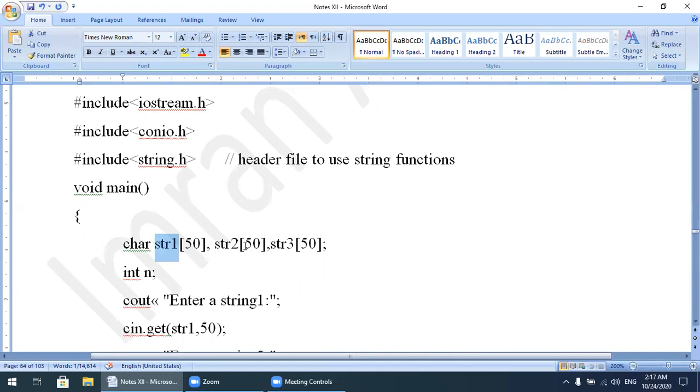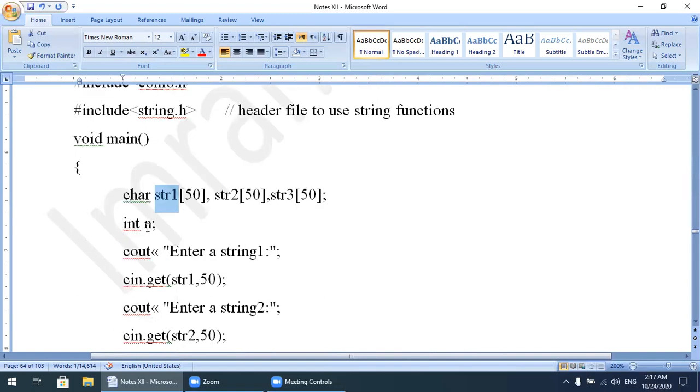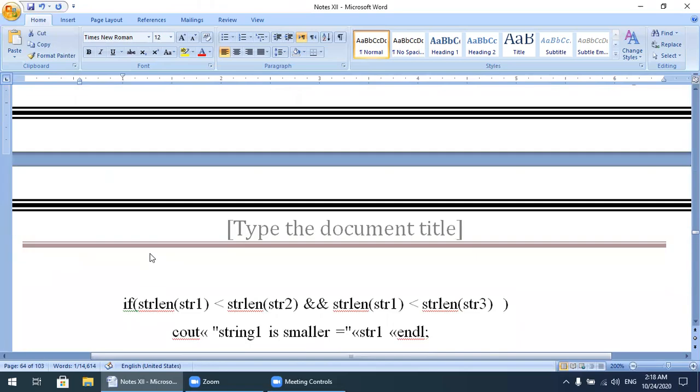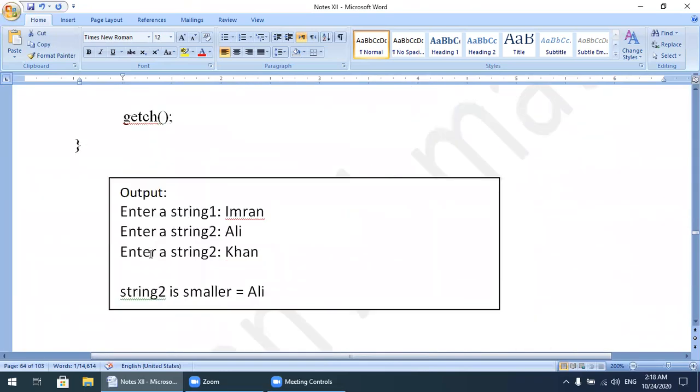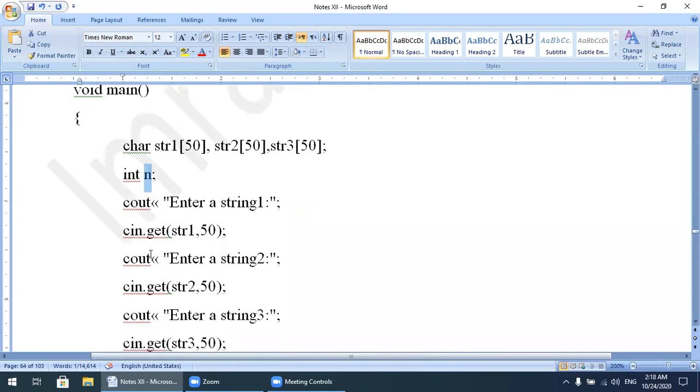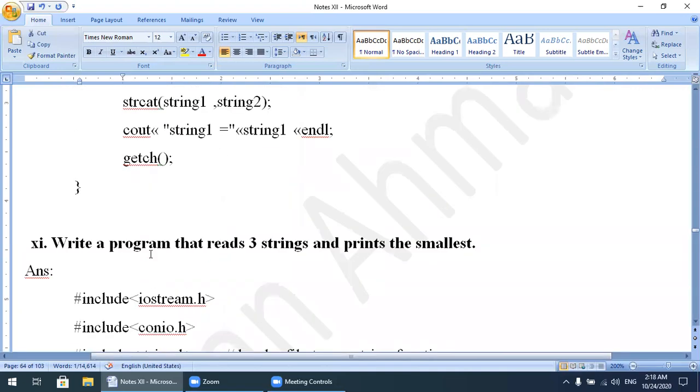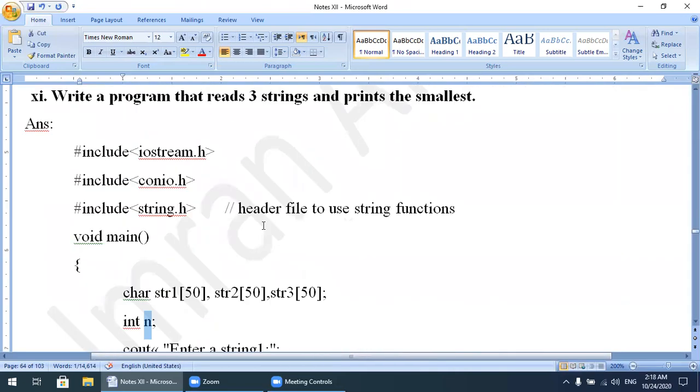Another variable n, which has the type integer, it means that we will assign n as type integer. So cout. Now let me check this one. This one is yes. cout